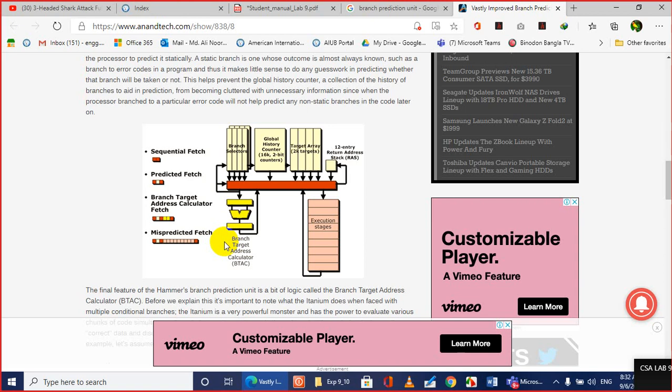Now, in case of penalty, certainly less is good. More penalty is not desirable. So when we increase the number of clock cycles for penalty, that means it's not good for us. And when we reduce the number of clock cycles for the mispredicted branch penalty, we are improving the system design. So these two are important design parameters: branch prediction accuracy and mispredicted branch penalty.